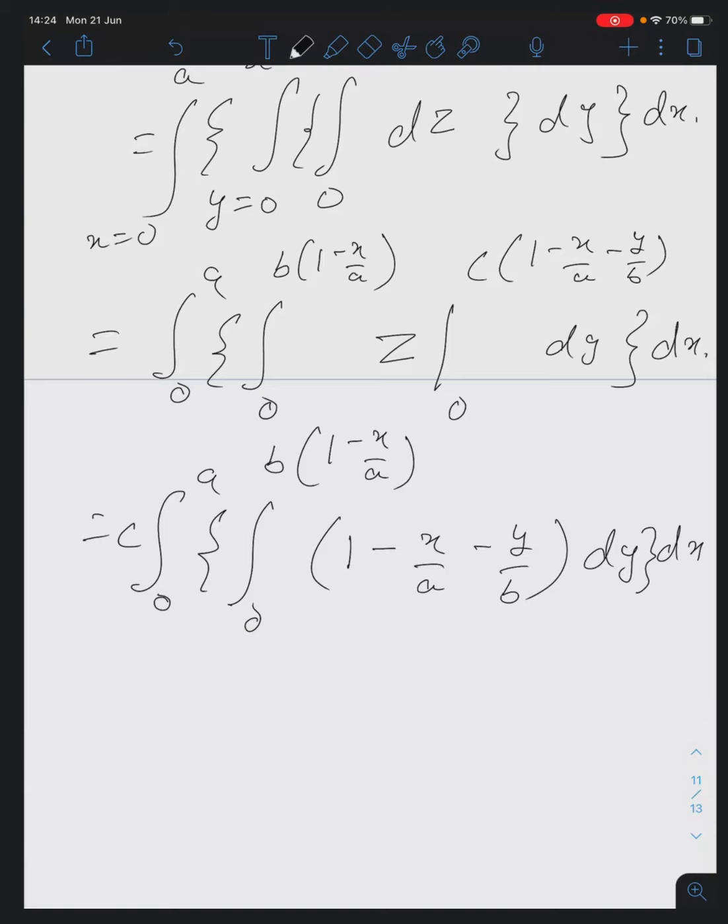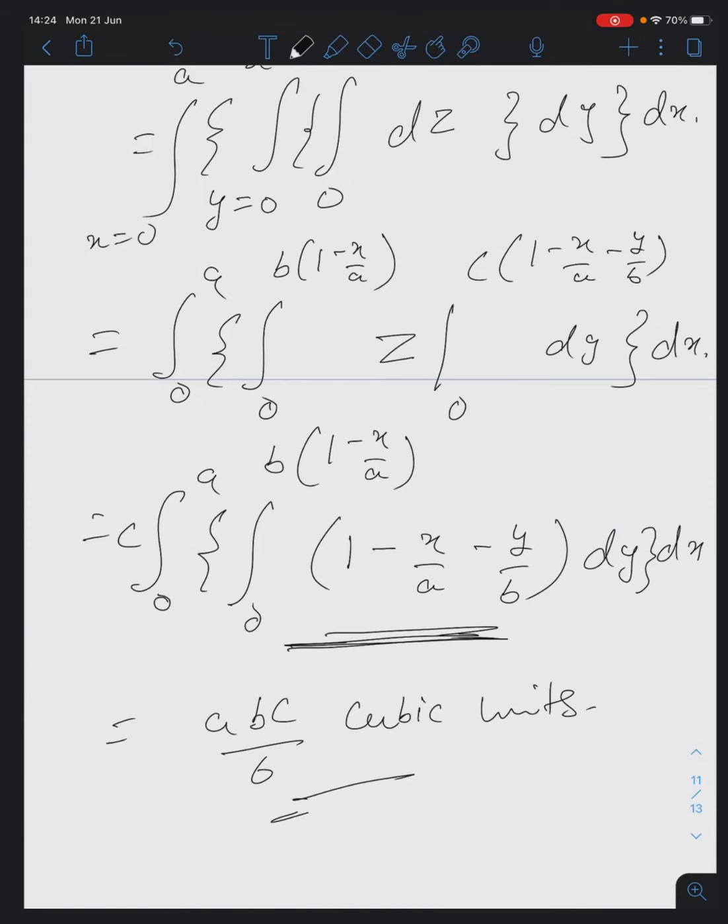Same. Is it not the same one? So it's the same one. You turn your pages, you see, for the double integral for the same question, we have found the volume by writing z, and z is c into 1 minus x by a minus y by b, dy dx, and the limits of y and x we have written from that triangle-shaped region in 2D in the xy plane. So even if you solve it, what should be your answer? What was the answer for that question? It was abc by 6 cubic units.